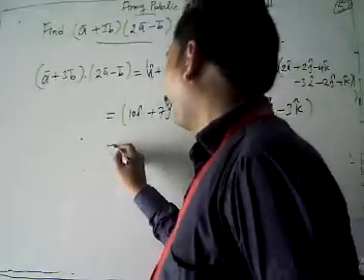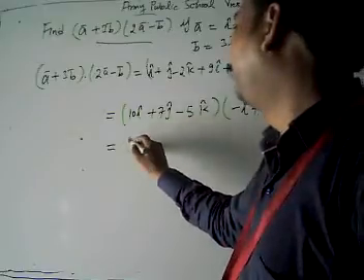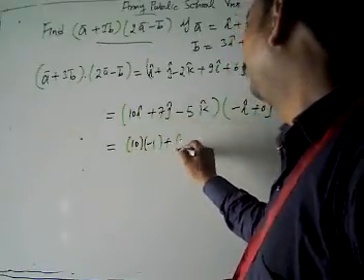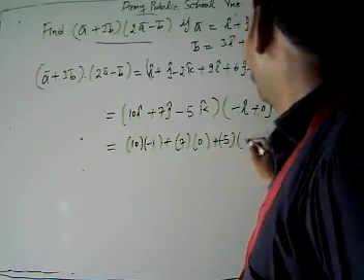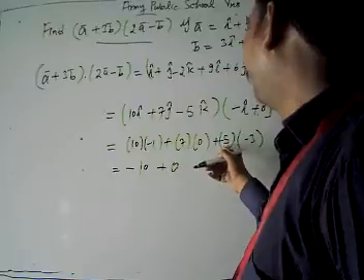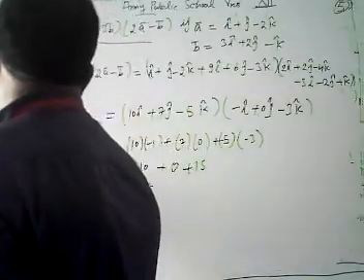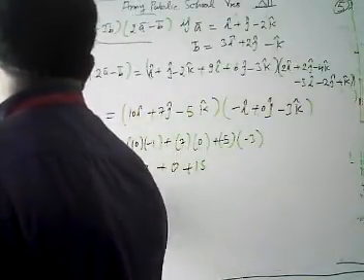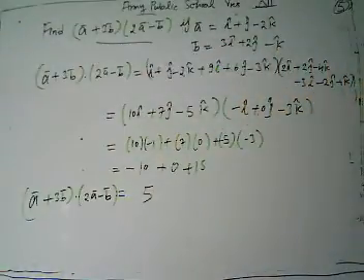Now look, after solving, what do we have? We have to find a product there. Then it's 10 and it's what? It's minus 1. 10 into minus 1 plus 7 into 0, then plus minus 5 into minus 3. Now look, we get here minus 10, we get 7 into 0, 0, and minus minus plus 15. Then after solving, we get the value of our vector a plus 3b dot 2 times vector a minus b, it's equal to 5 there.